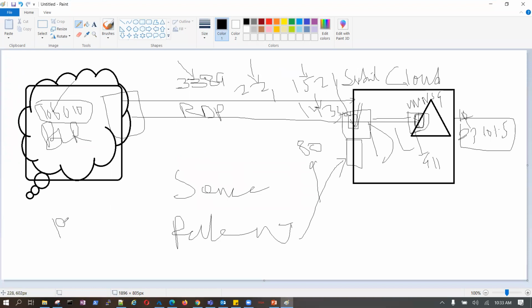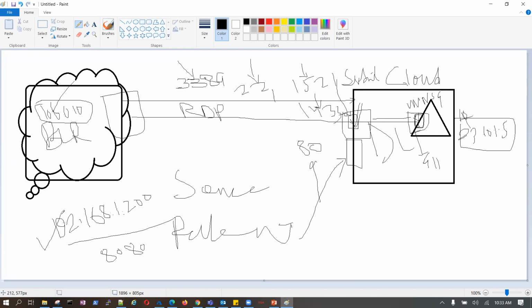Now I want to block 192.168.1.200. Is that clear, guys? I want to block port 8080.